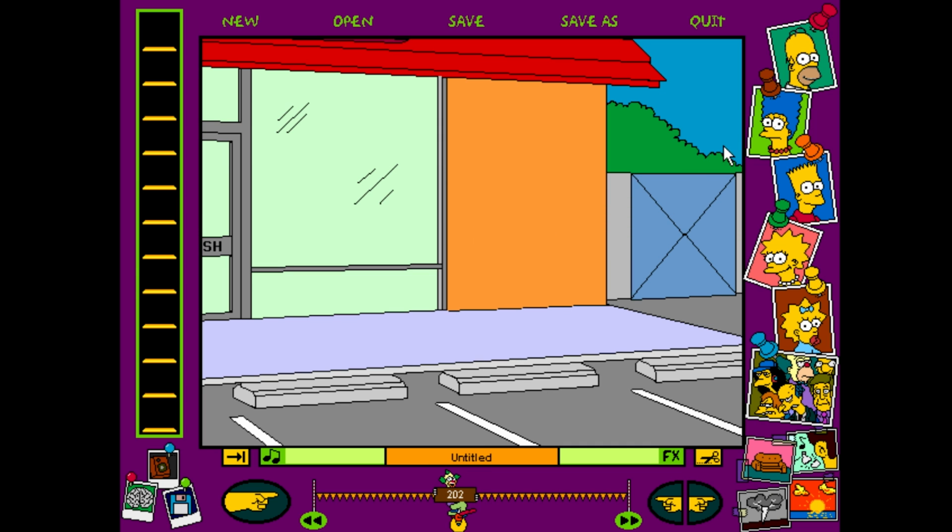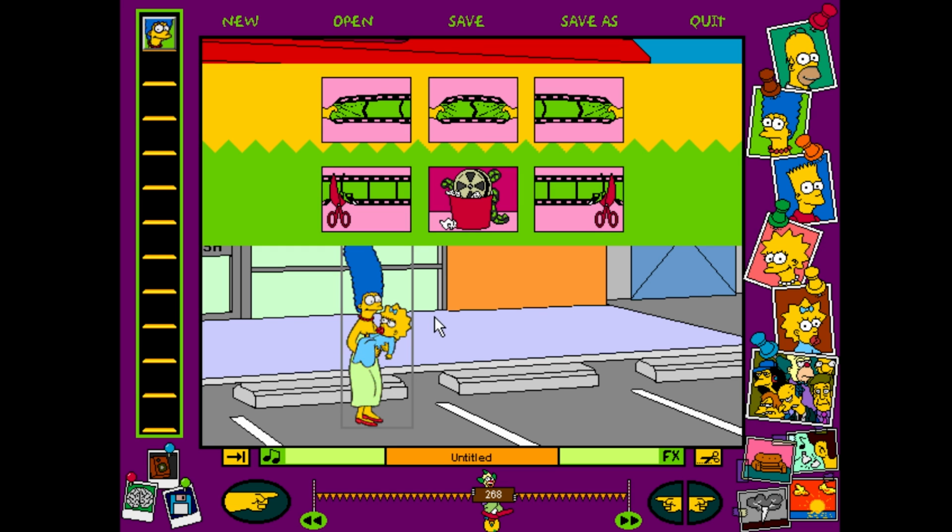It's kind of a bit confusing. I hope you understand that. Let me try and do it again quickly. So there's her walking. We want to stop Marge there, and actually we want her to start walking from that point. So what we'd do is we'd have